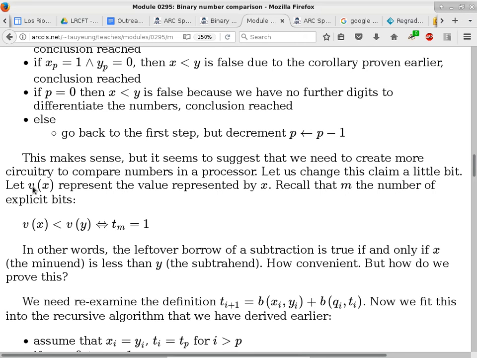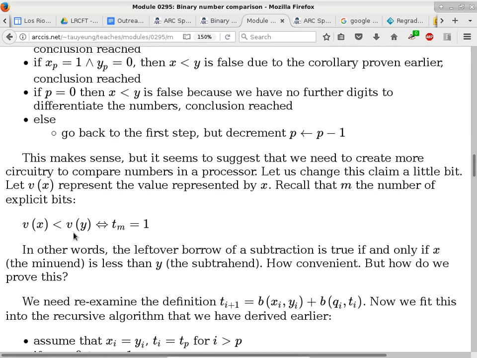So over here, I'm just defining v as a function, because x is a binary bit pattern. A binary bit pattern really doesn't have any intrinsic value that it's representing. It really is just a bunch of zeros and ones. So by using v of x, I am basically saying we are not looking at the binary bit pattern itself. We're looking at the value represented by x. Is that okay? And this is the value represented by y. So we are now trying to say the value represented by binary bit pattern x is less than the value represented by the binary pattern y if and only if